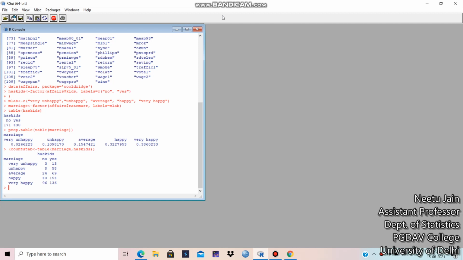The other one is haskids, the families in category no and those who have kids in category yes. So the number 3 describes the number of families who are very unhappy in marriage and have no kids, and this 13 describes the number who are very unhappy but have kids.